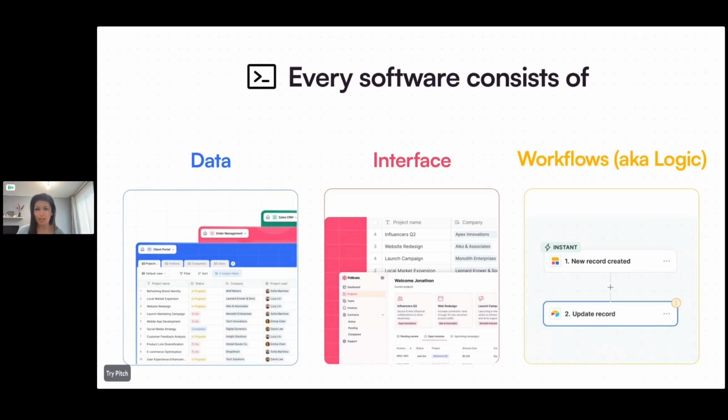And workflows, aka logic and actions, are the logic layer between the front end, which is the interface, and the back end, the database. Users can trigger workflows, whether by clicking buttons, submitting forms, or through complex logic like branching and looping functionality, and we call them workflows. These three components are the backbone of any application. They can function on their own, but all of that comes together and becomes a complex app.